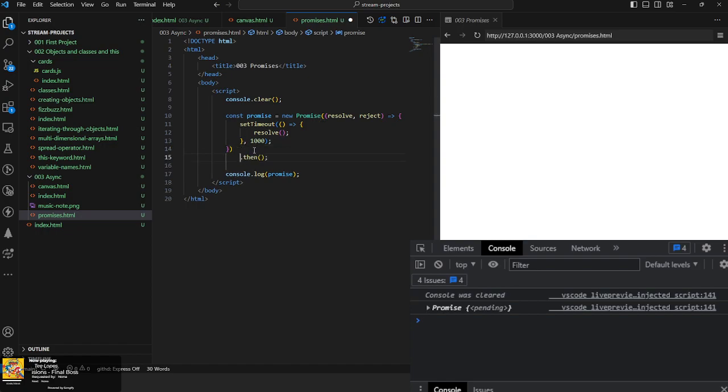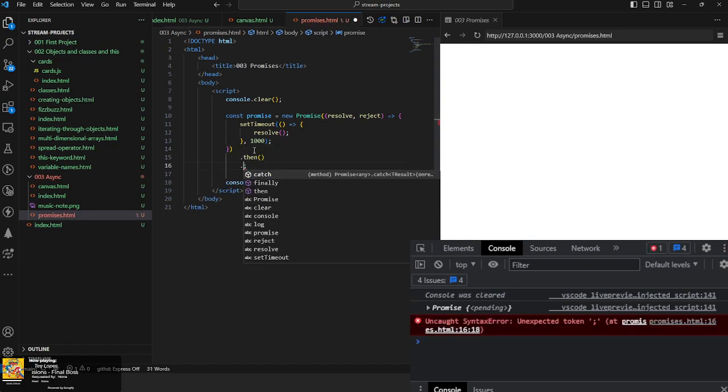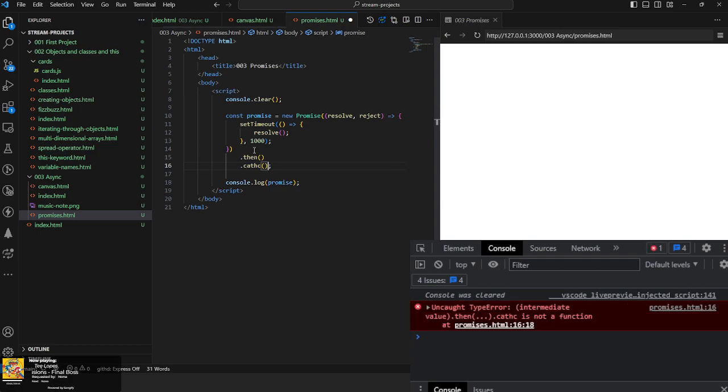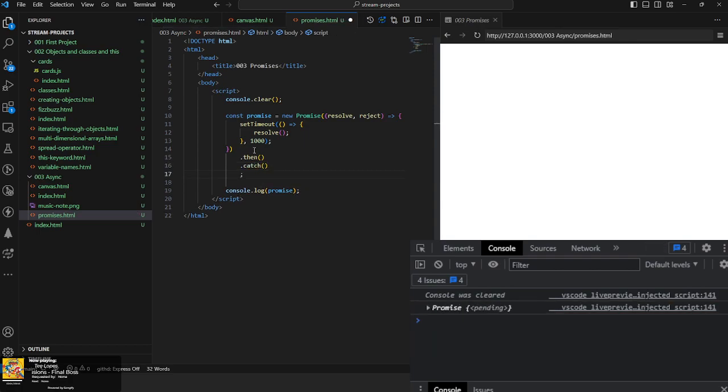Let's do this. Then catch, and finally. So what do these three do? Well, first